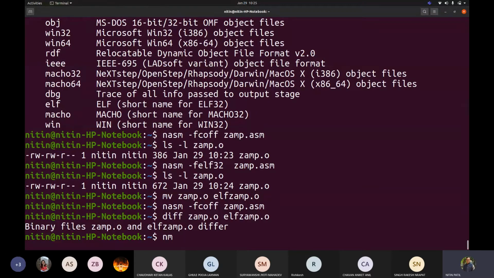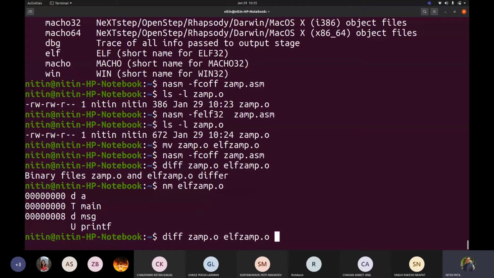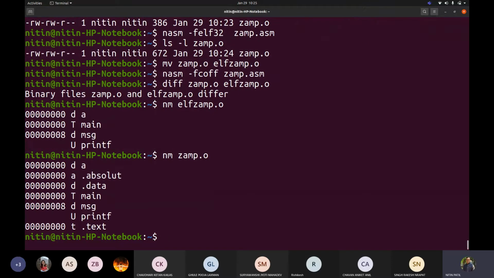But now if I try nm, say on elf xamp.o, and if I go with nm on xamp.o, now see what is added with xamp.o when we took this coff. Now xamp.o was in the common object file format, and elf xamp.o was our ELF file. Now it is adding a few more things which we could not take directly, but it definitely requires that information to be communicated to the system.